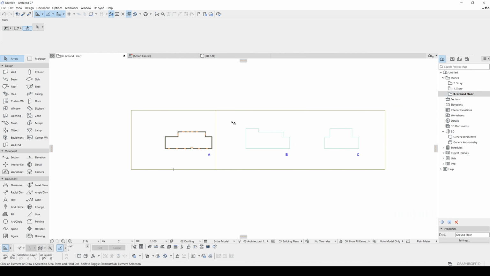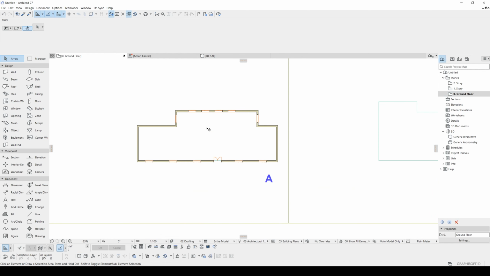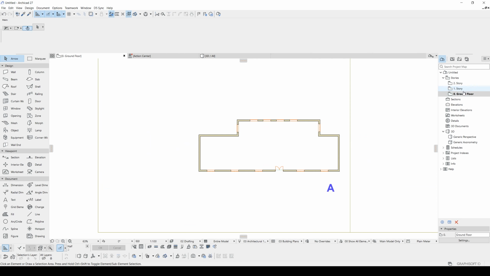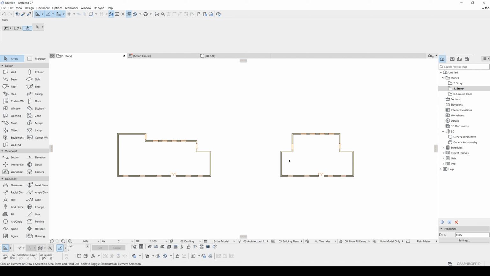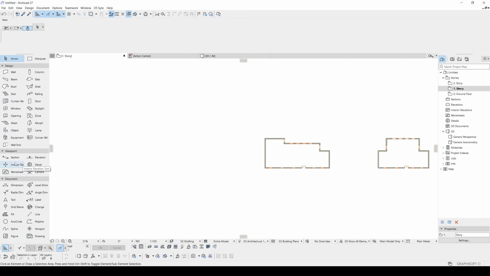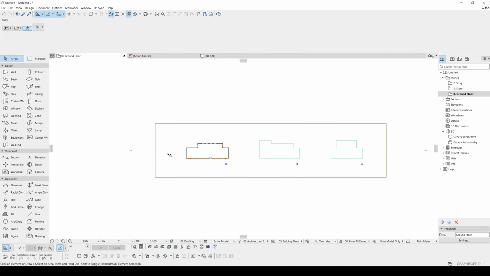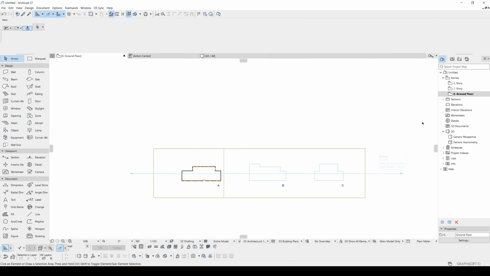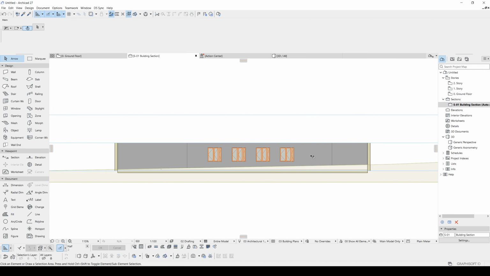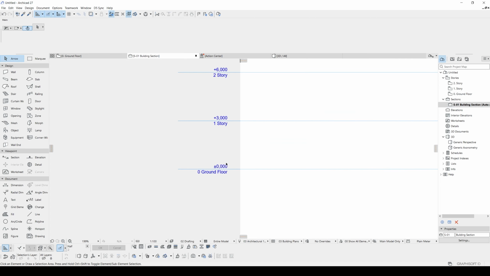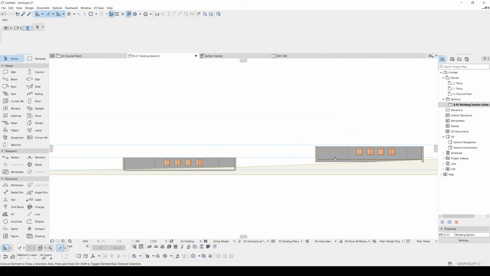now this is half correct because you can say for the A we can work in the ground floor, for the B we can work in the first story, and so on and so forth. But if we just create a section and open this section, okay, this building has the ground floor, but this building has no ground floor. It starts from first story,